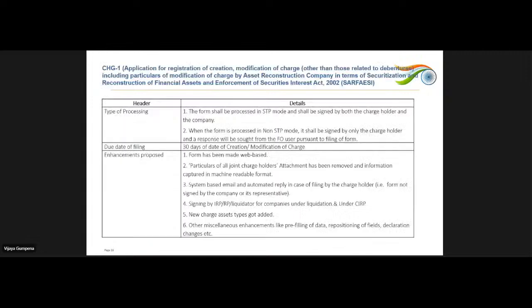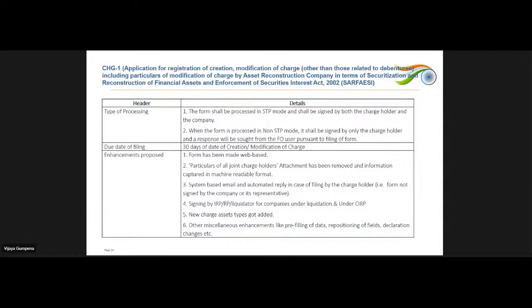Now we'll start with each form and try to explain what is the change that is going to happen in terms of layout, validations or attachments when compared to V2. We have been seeing these forms for the past 7 years in the V2 system. So what are all the changes that you get to see once we go live with these 9 forms on 31st August? We'll begin with the CHG1 form first,